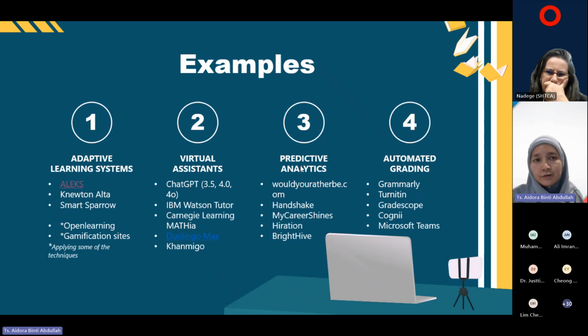Predictive analytics for career guidance, I'm not too sure. I don't have that much data on whether our students are using that or not. But the fourth one, automated grading. Okay, these are tools like Turnitin. So we know our students are using that. Grammarly, and then you have Quillbot. Okay, these are all tools that help in automating something, grading, or maybe